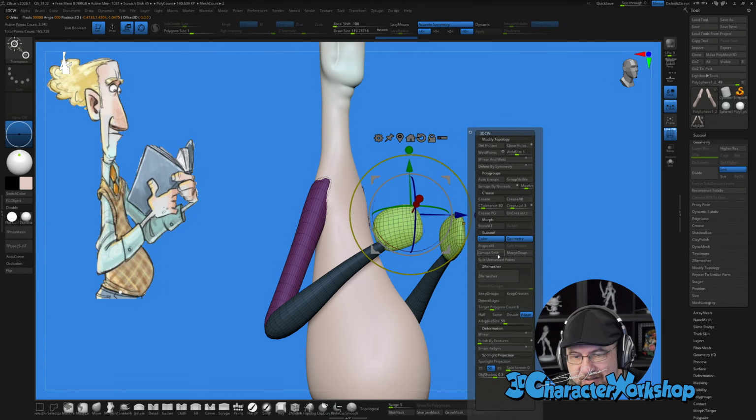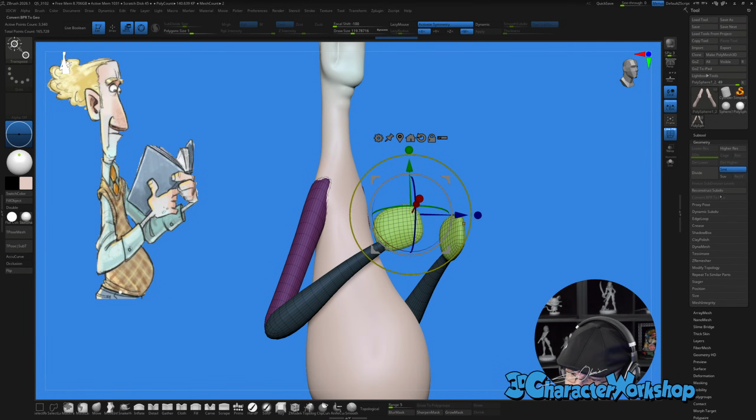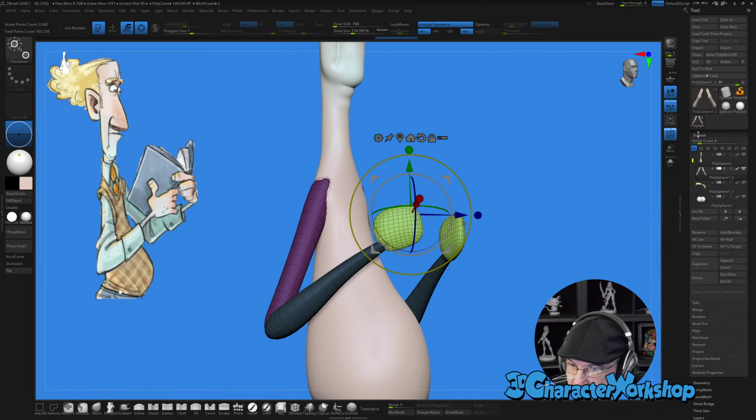This is my custom menu, by the way. You can find everything in this menu in the tool menu. So if you can see the headers, this is the header. This is where it is in the tool menu. So subtool, split unmasked points. That's where you would find it. It's just in the subtool menu right here. Somewhere in here, split unmasked points.